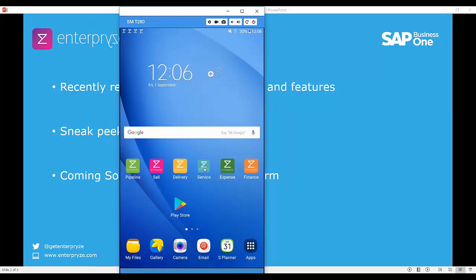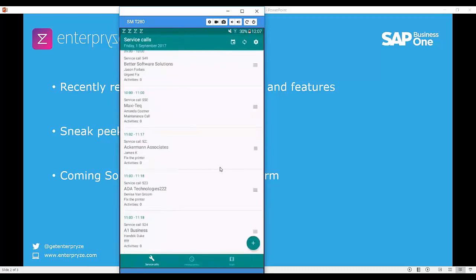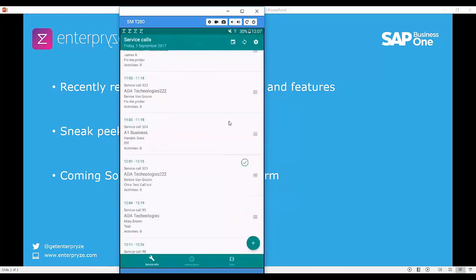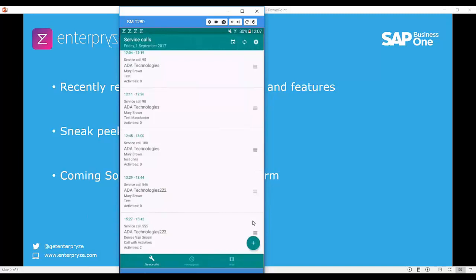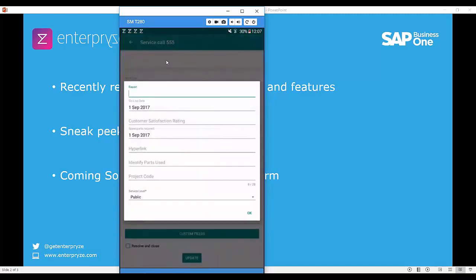So one of the new enhancements in the Service app, which has been developed and enhanced over the last couple of months, is that we have now added in UDFs into the Service app, but more importantly, we have added in the write back to those UDFs. So in the Service app, as the service technician, depending on the business process you or your customer may have